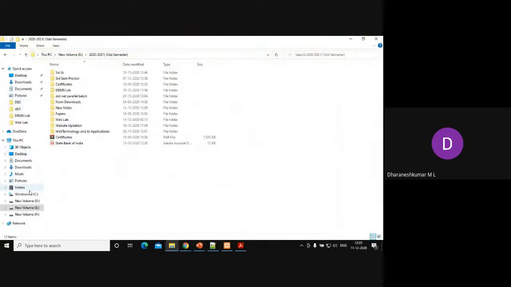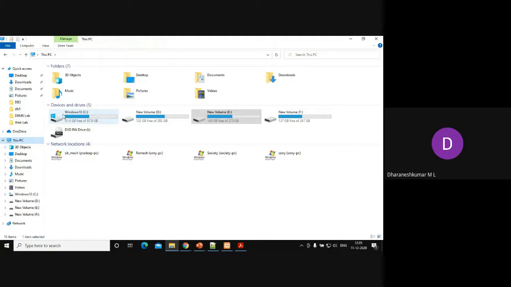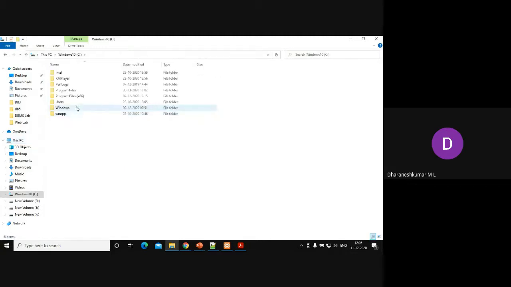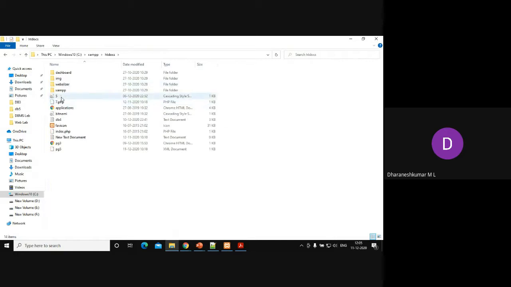In the C drive, we have installed XAMPP. So in the C drive, XAMPP, htdocs folder, I have dumped these files like the pg file. This is the XML file and this is the CSS file.